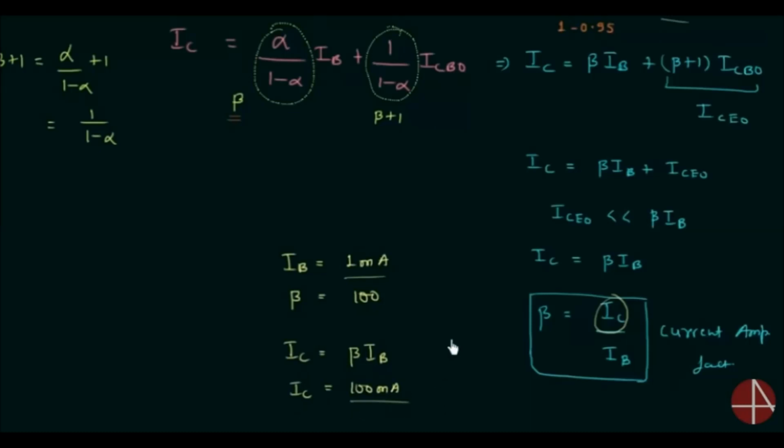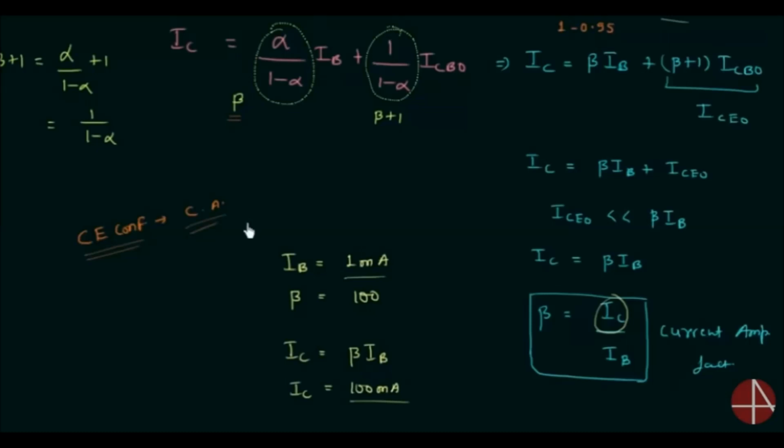So there is amplification of the input current, and generally transistors work as voltage amplifier, but the common emitter configuration works as the current amplifier. This is very important point. The common emitter configuration works as current amplifier. Generally transistors work as voltage amplifier because of transfer resistor, but common emitter configuration works as current amplifier.